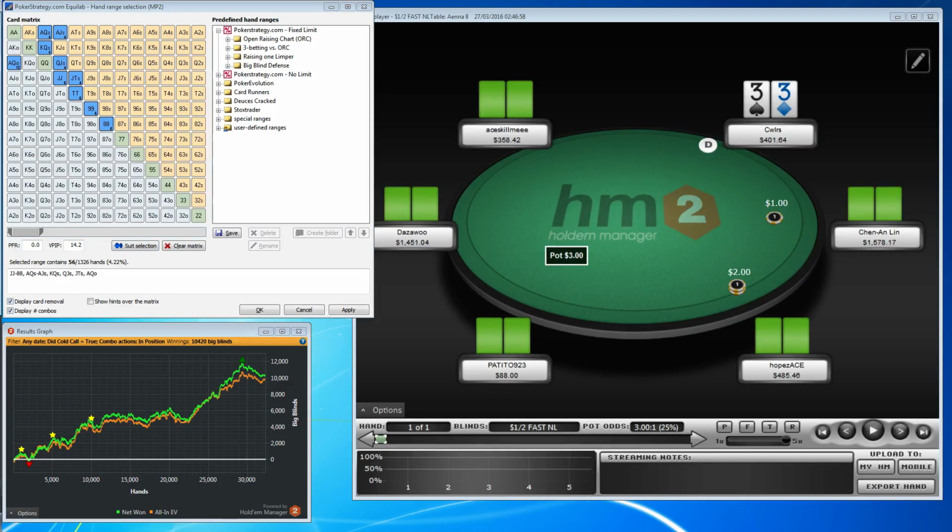So yeah, set mining, is it still a thing? I was coaching a student the other day. In my opinion, it's not really a thing. Against good players, you have reverse implied odds, as I said, and a lack of playability. However,